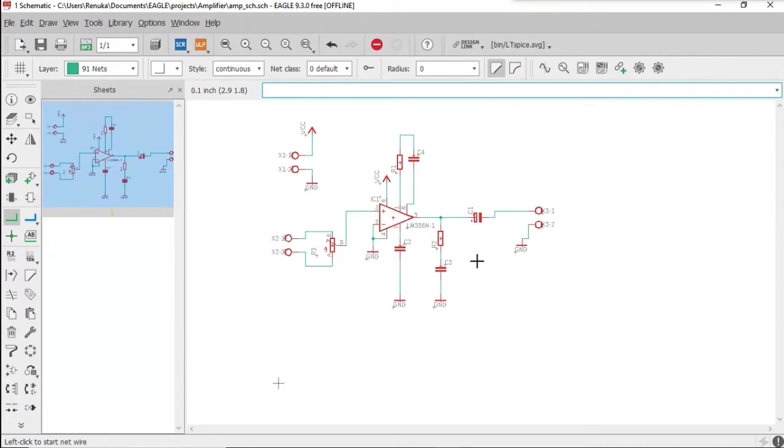I'll just wait for some time so that you can refer to this circuit and simultaneously try to do it. So once you're done, just ping me. Just try to refer to this circuit and do it in a similar way.